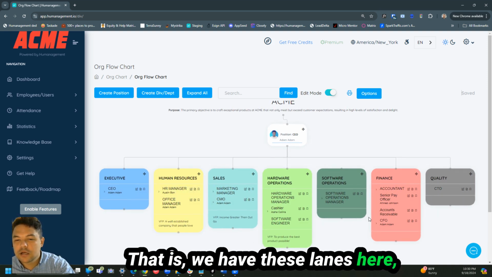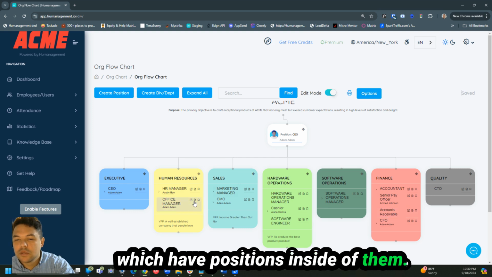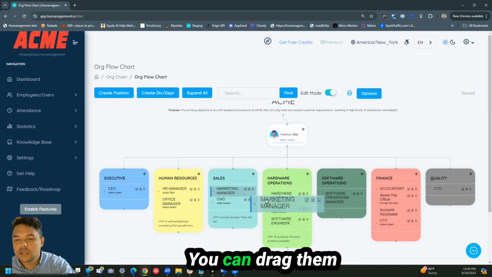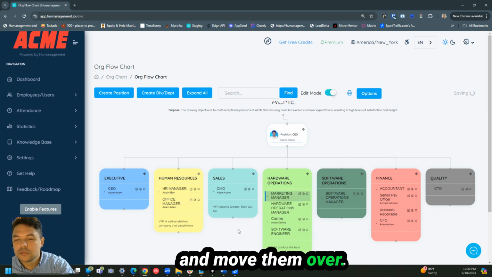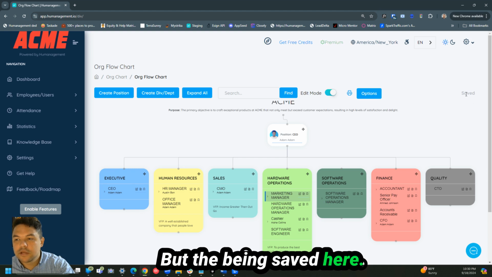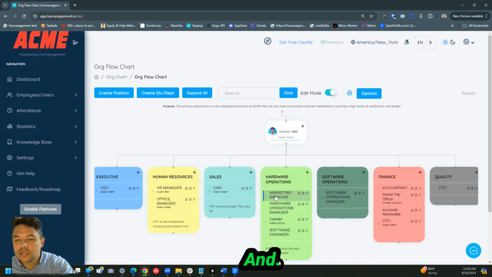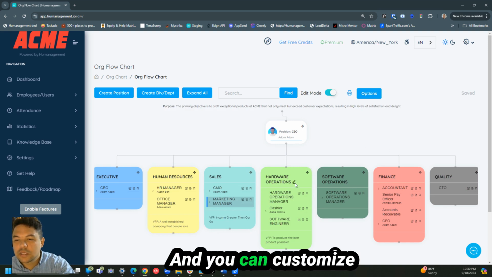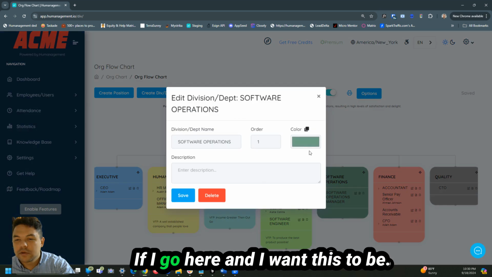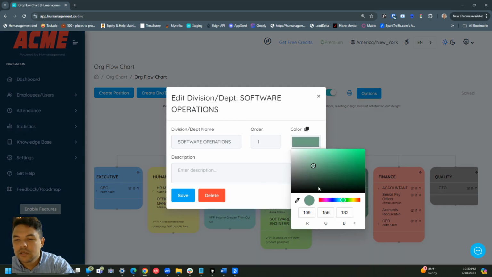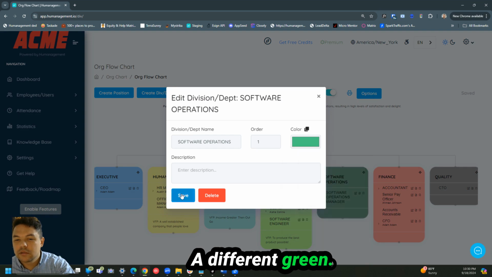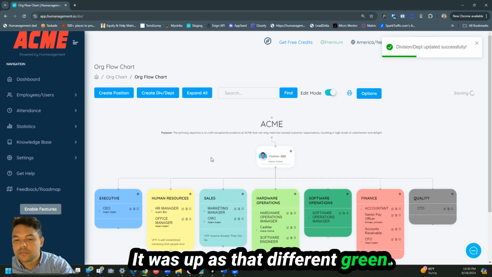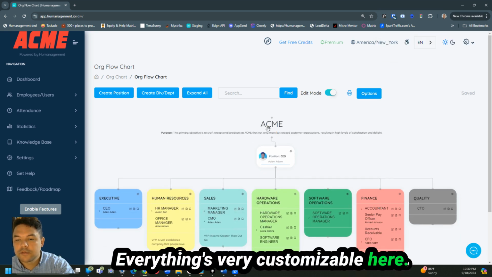We have these lanes here, which have positions inside of them. You can open them up. You can drag them and move them over. That ends up being saved here. And back. And you can customize the color of any of these. So if I go here and I want this to be, say, a different green, save that, it shows up as that different green. Everything's very customizable here,